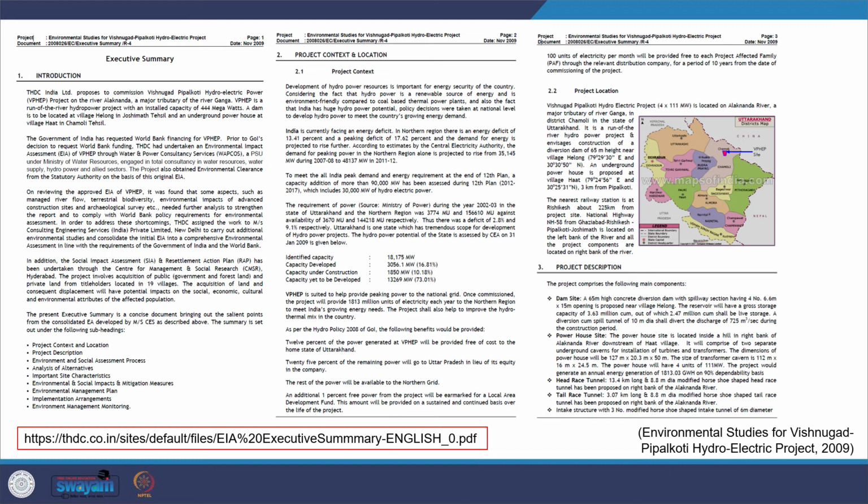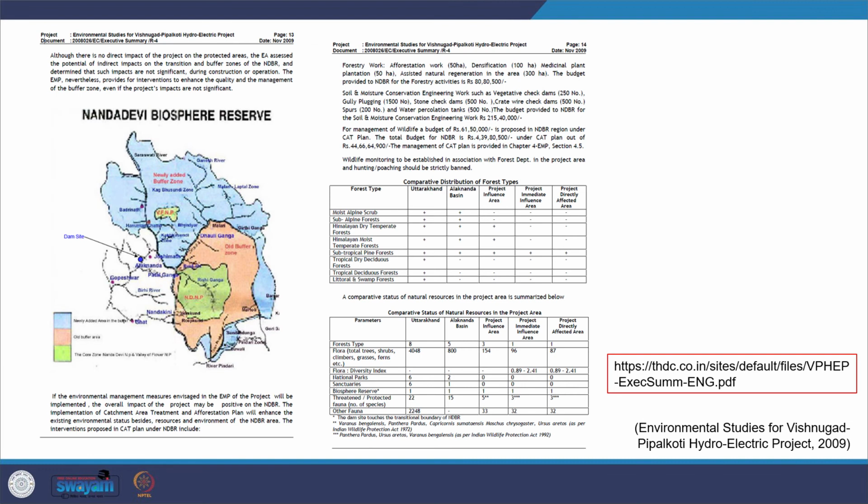So you see how they are providing all the information related to the project and location. And then clarity in description, how all the things are clearly described. For thermal power plants, you need to give the drainage pattern, location of ecosensitive areas, vegetation characteristics, wildlife status, and so on. Here you again see from this report how they have provided it, and also the description of the project site, how well it has been communicated.